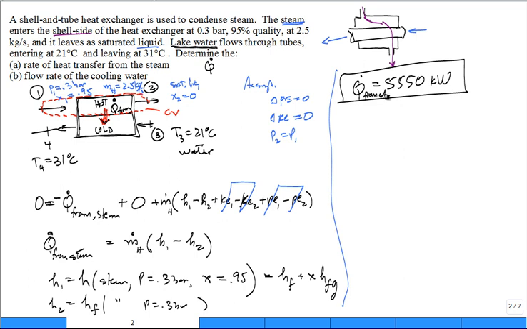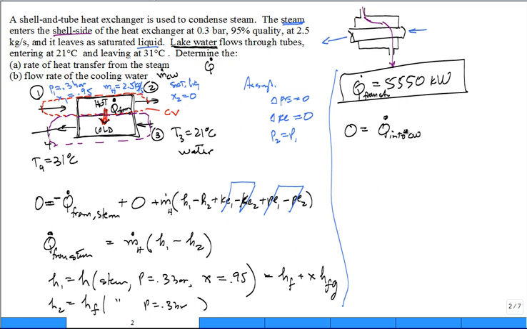What's the part B? What's the flow rate of the cooling water? So what symbol do I want to introduce? M dot CW, the mass flow rate of the cooling water. You could do it a couple ways. Since we already did the energy balance on the hot side, you can do just the energy balance on the cold side. If you do an energy balance just on the cold side, it's steady state, it's Q dot into the cold water,